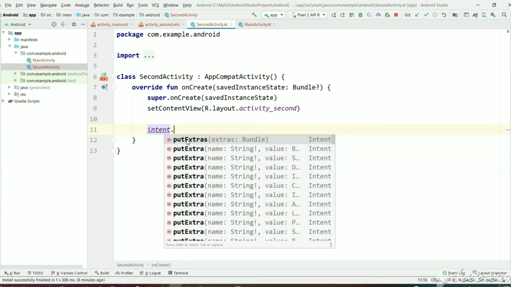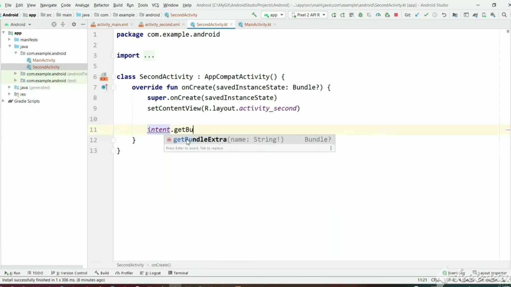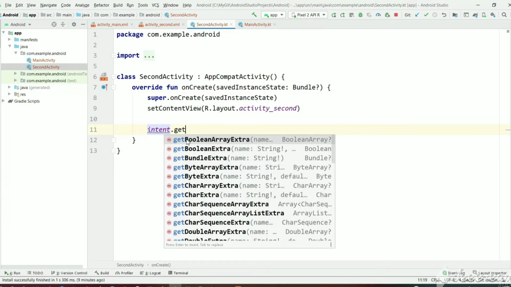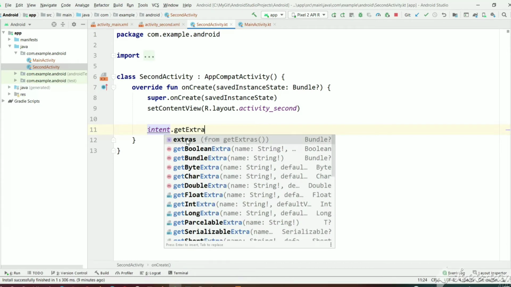And now we need to get the bundle, meaning extras. Extras is equal to the get extras method.